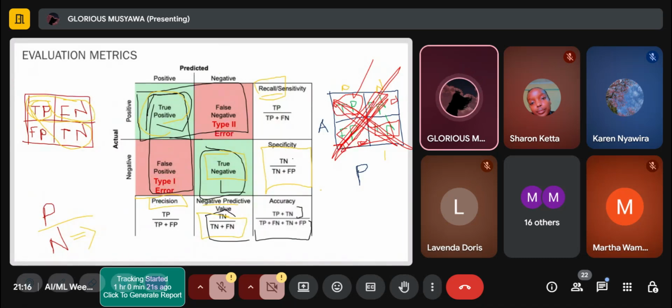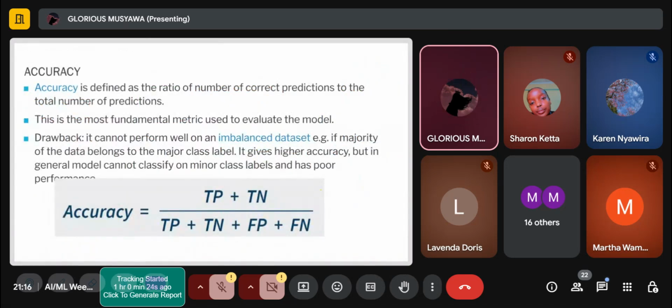So don't settle for just the classes only. More explanation: accuracy is the ratio of the number of correct predictions to the total number of predictions. This is the most fundamental metric used to evaluate the model. It cannot perform well on imbalanced data sets. For example, if the majority of the data belongs to the major class label, it will give a higher accuracy, but in general the model cannot classify minor class labels or has poor performance. That's a drawback, so you can't entirely rely on accuracy,